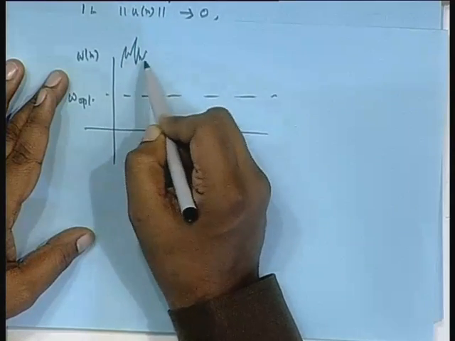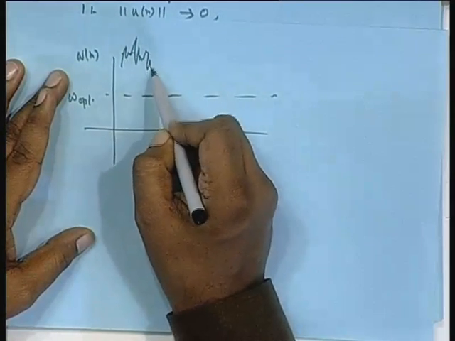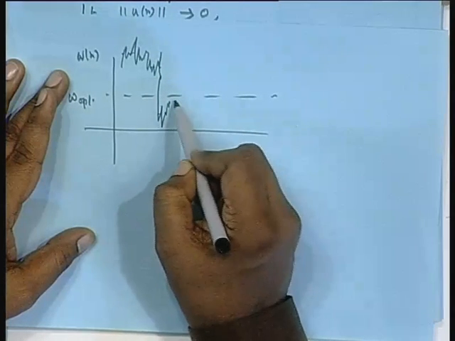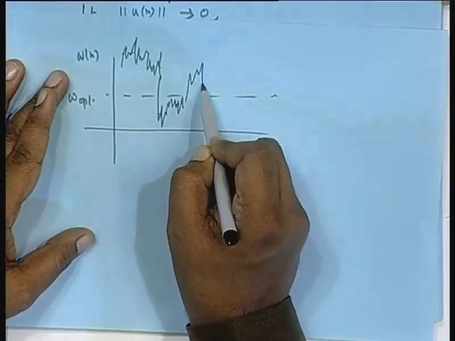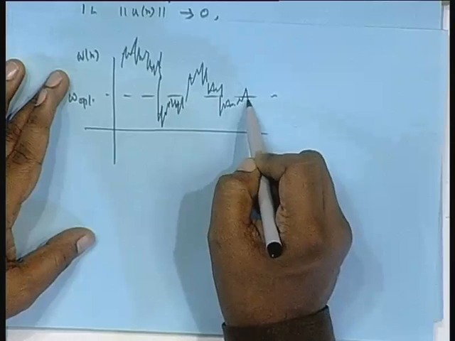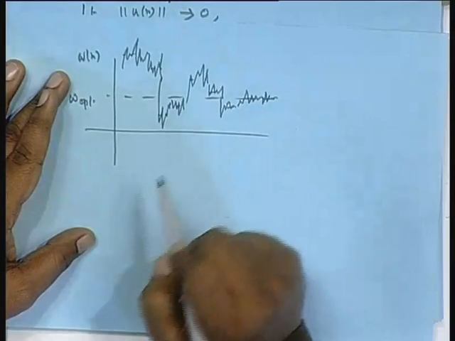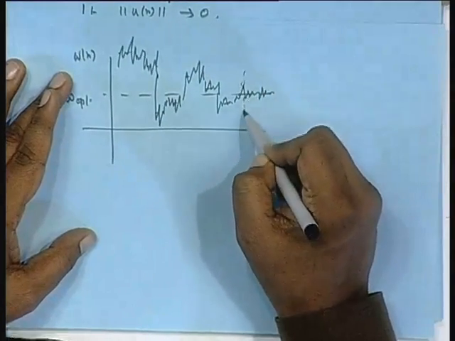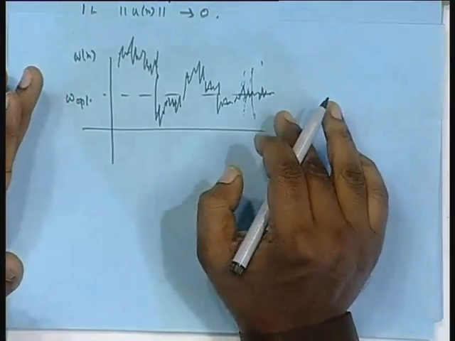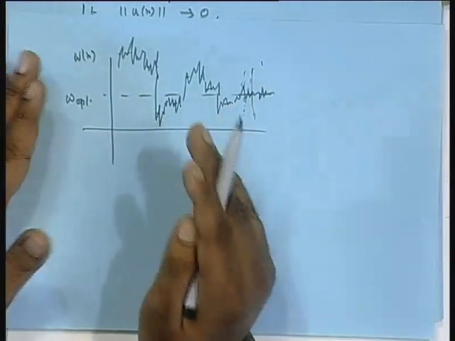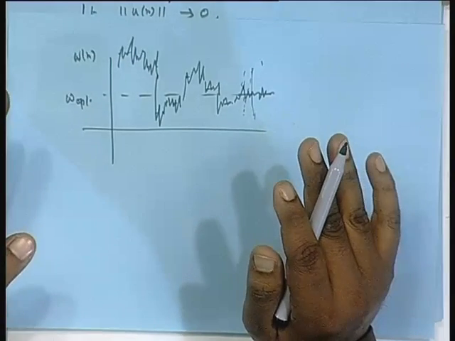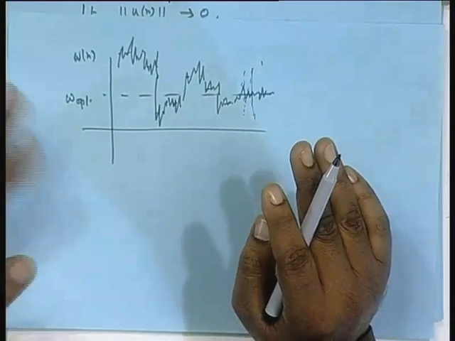So, around this zone its mean is here, then around this zone its mean is here, maybe mean is here, mean is here, mean is here, like that, but finally it will be like this. But it can also be like this, only it converges in mean. So, I understand that as time tends to infinity, the Wn will have mean around W opt, that is some gain. At least some kind of convergence, this convergence in mean.